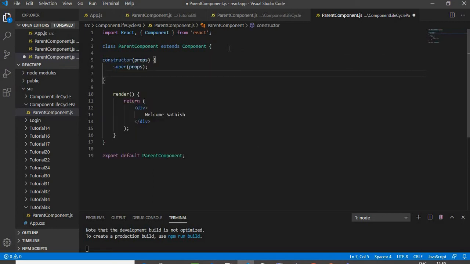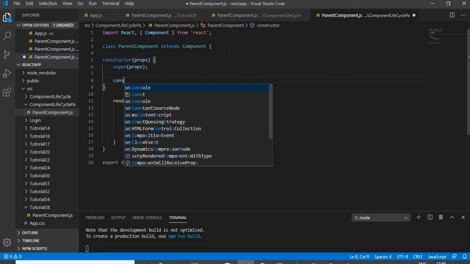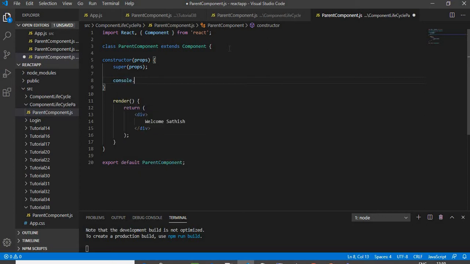For that the code snippet is con, and inside this I am going to mention console.log, I am inside the constructor. This is the message that we are expecting to be highest in order, and hence I am using console.log to display this message in the console. Thereby we can verify the order of the methods.